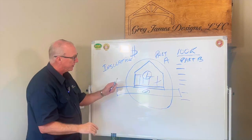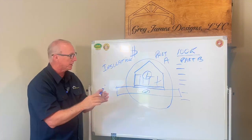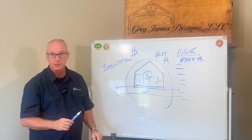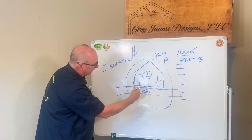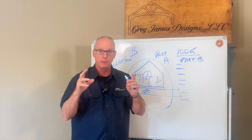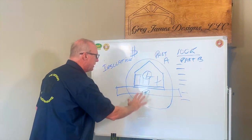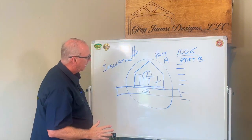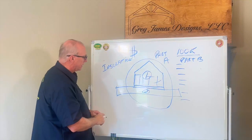Very important when it's a steel building, you spray all the steel. Otherwise, the steel will sweat because it is in contact with the exterior, okay? And then we come inside the heated and cooled area and we add to that with open cell foam, okay? So I would probably include the initial insulation in my Part A in my original building. But I say this,